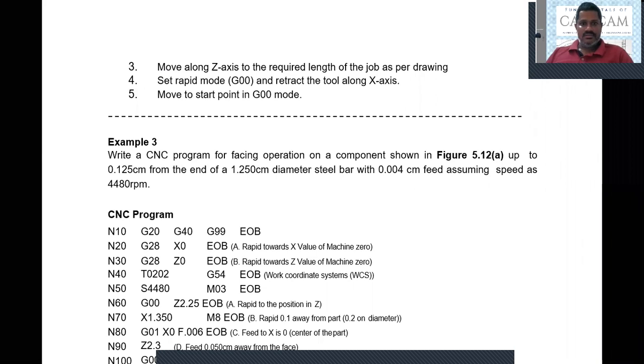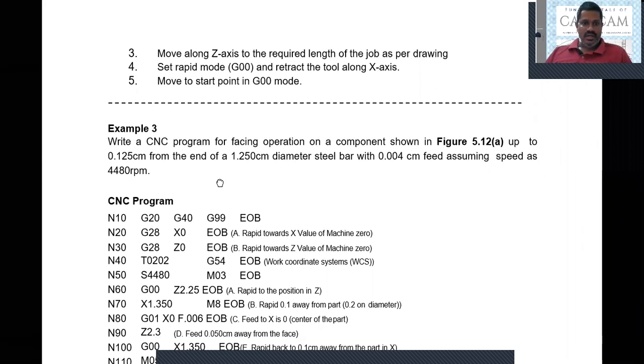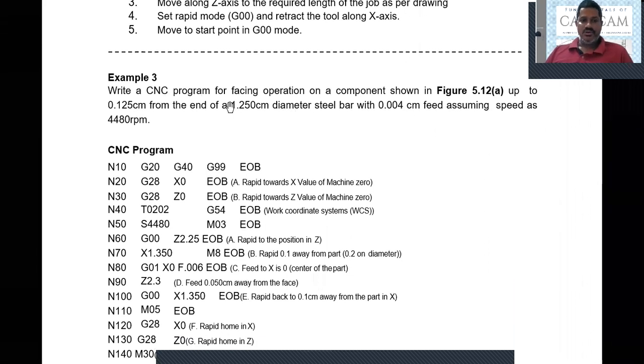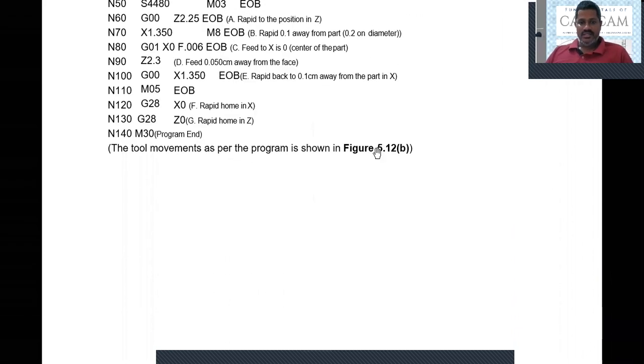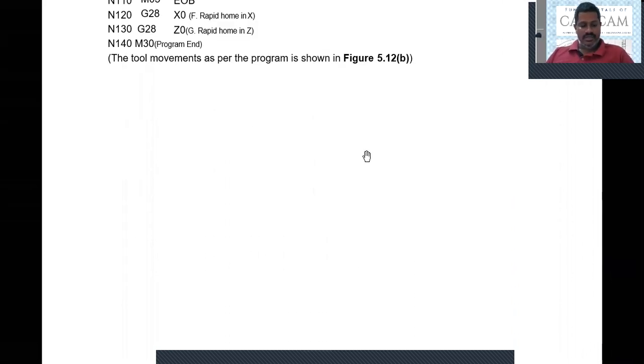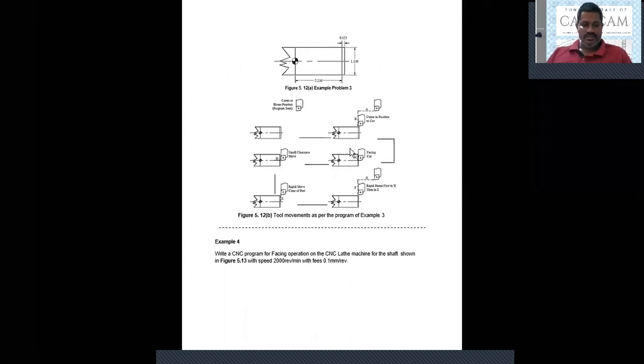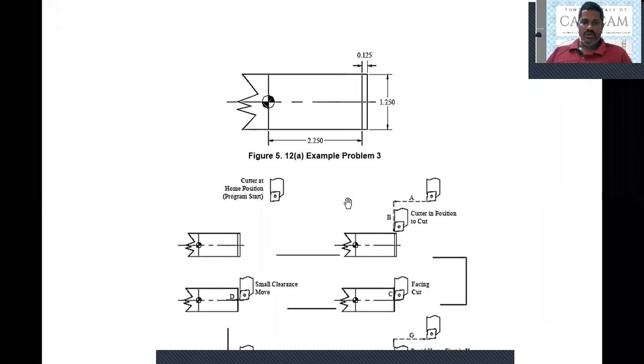So we have one program here. Write a CNC program for facing operation on a component shown in figure 12A. So we have a component; basically, this is the component. For this component, the objective is to perform a facing operation. Using the facing operation, we need to reduce the length of this component to